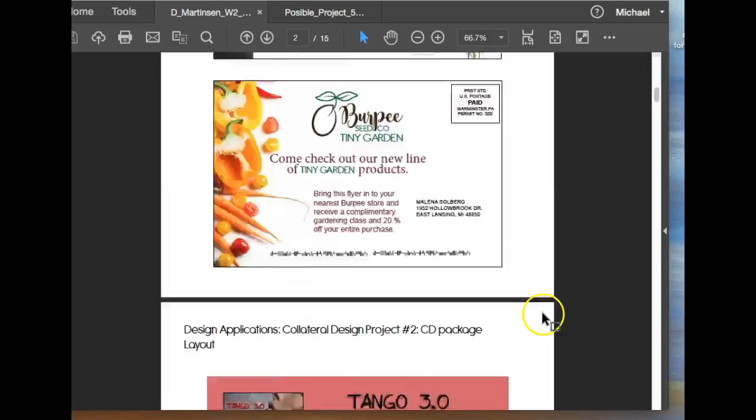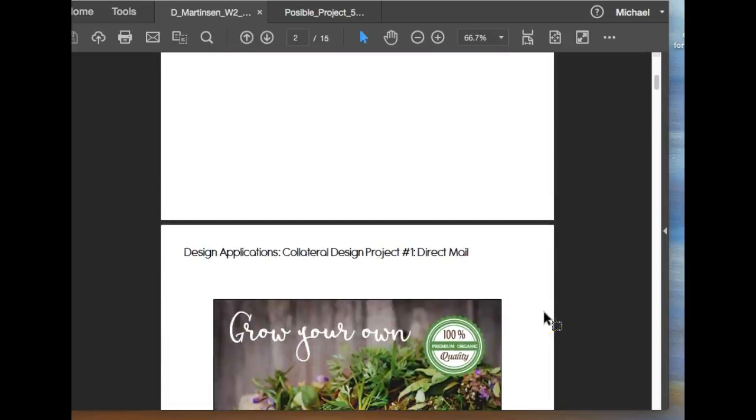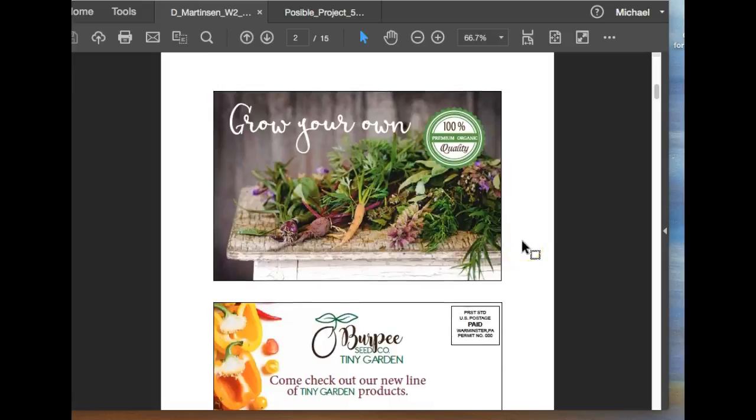Okay, so we've got our first piece, 5 design applications, collateral design. I think the front of this postcard looks fantastic, just fantastic. It's gorgeous. A couple of suggestions here, though. I think what we need to do is give a little more information on the front of the card. Now, it's smart to pique the viewer's interest in a mailer like this, but at this point,